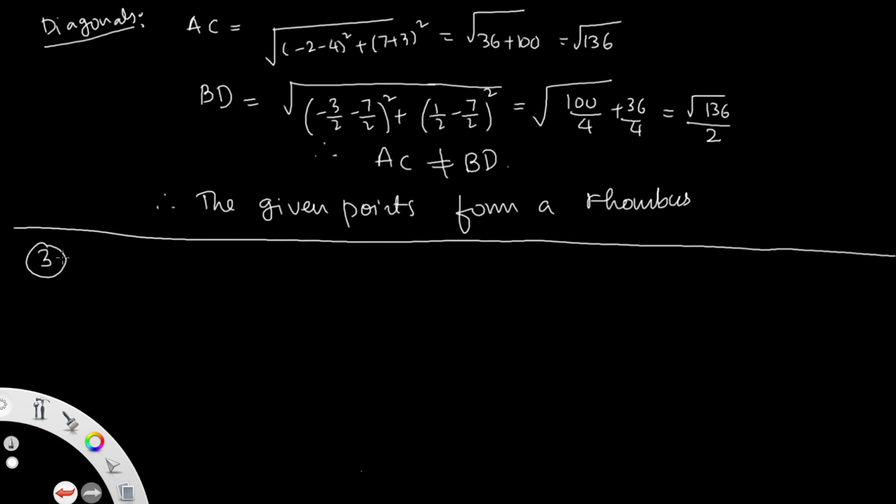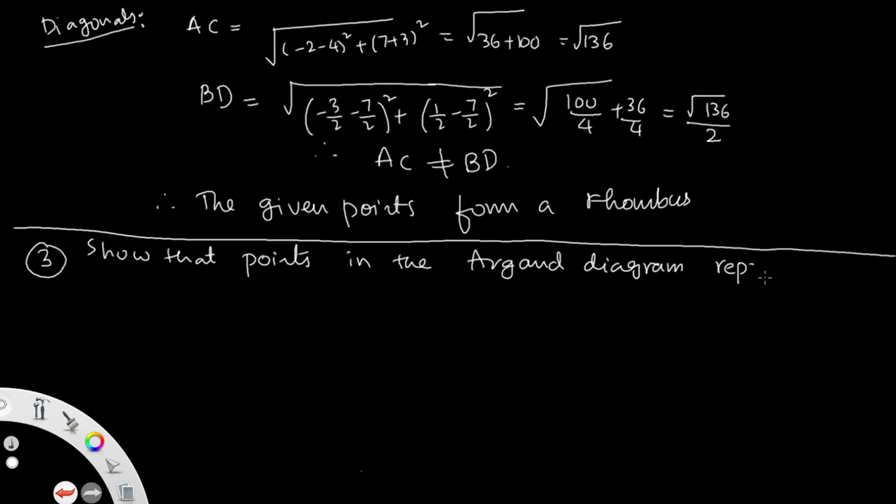This is over now. Next go to the third question. In the same manner it is given. Third question: show that the points in the Argand diagram represented by the complex numbers